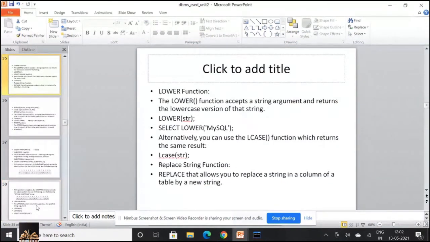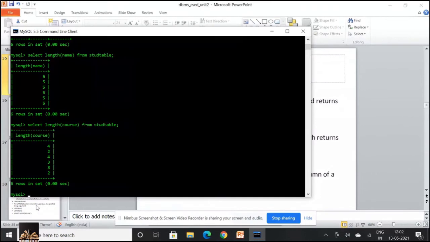Then you have LOWER. Whenever you want to display the contents of a string in lowercase letters, you use LOWER or LCASE.